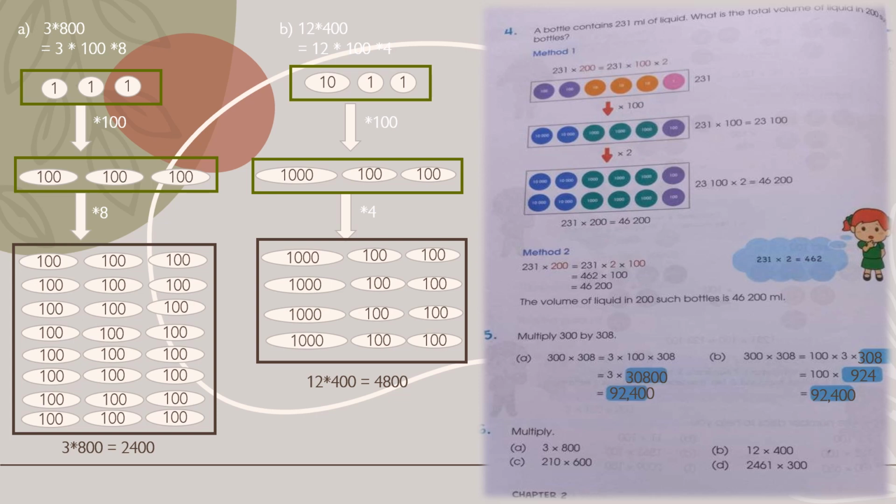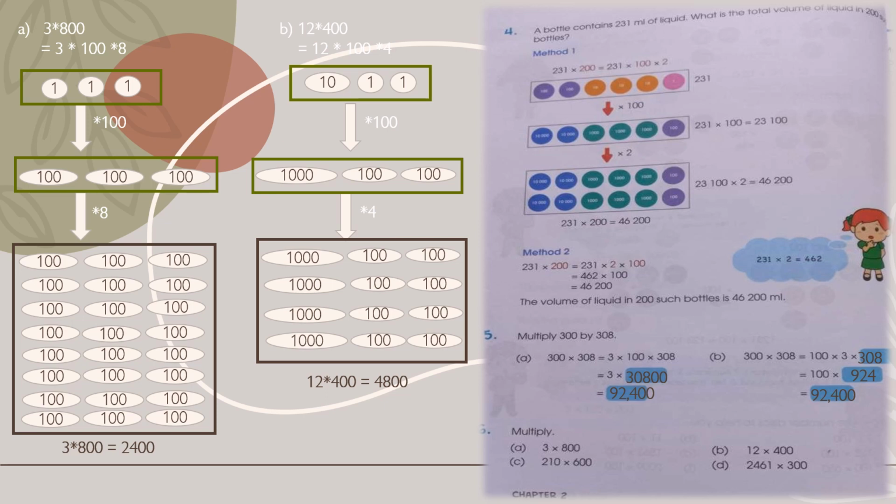Now look at some multiplication questions. In part A, we have 3 into 800. Again, we are going to break up 800 into 100 into 8. So first we multiply 3 with 100 and then the resultant with 8. For 3 we have 3 ones. So here we have 3 discs of 1 and each disc gets multiplied with 100. So we will have 3 discs of 100 and we are going to multiply these 3 discs with 8. So these 3 discs replicated 8 times and we have total